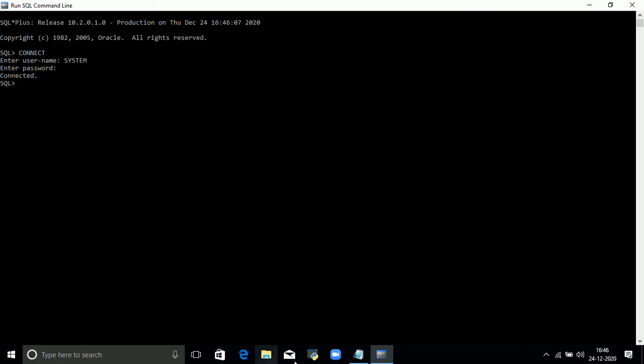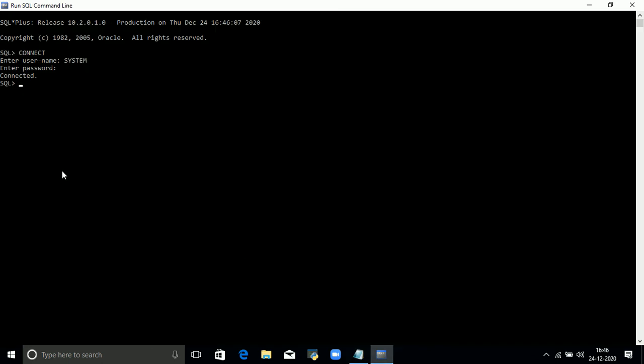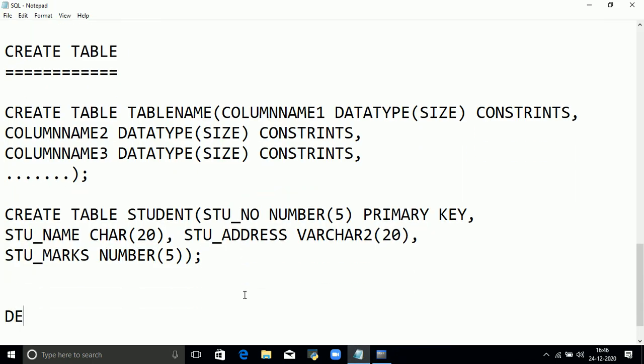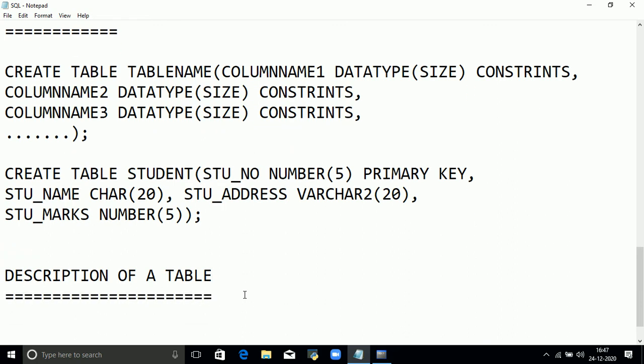Now we have to execute this command. So this is my command, I am copying it. The table is created. Now we have to view the description of the table. The description of a table can be viewed with the help of the DESC command: DESC table name.